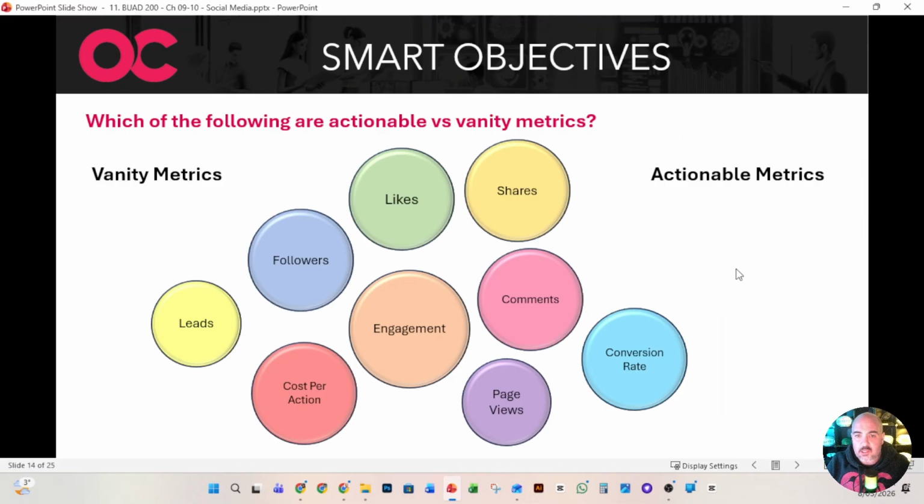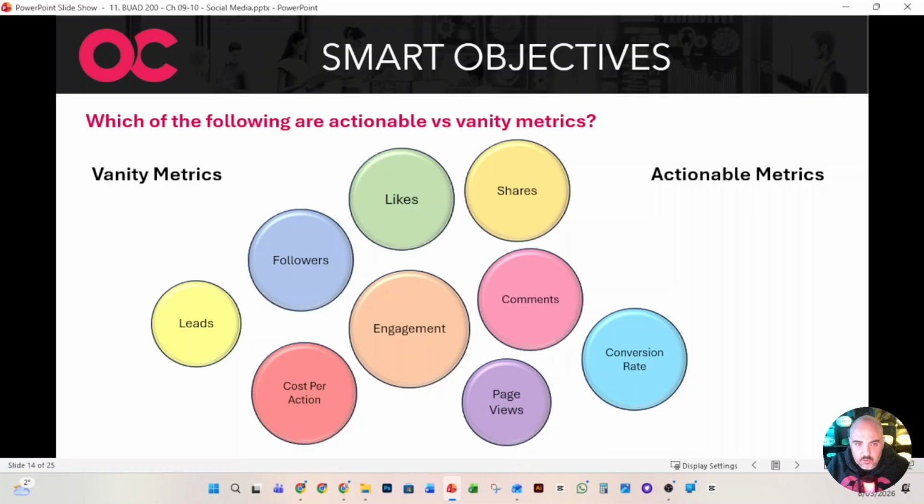One thing just to think about with data and the metrics that we get back from social media, which ones are vanity metrics? So which ones are the ones that are nice to have, but they don't really give us any actionable insights? So what we mean by that is can we take that data and turn it into a strategy?